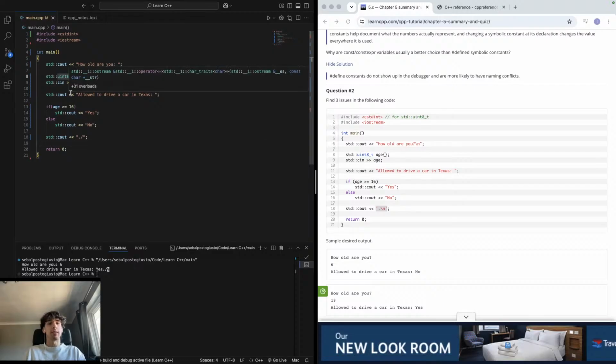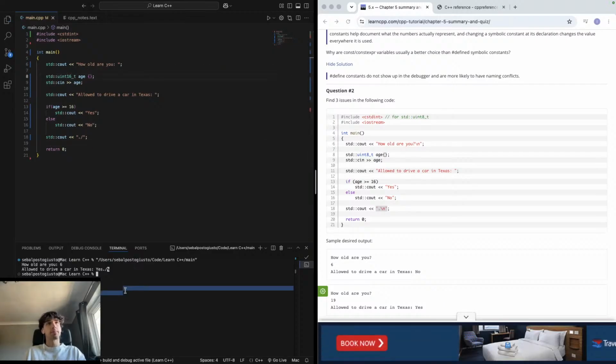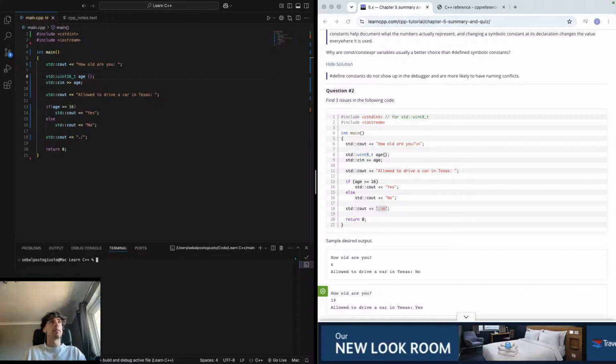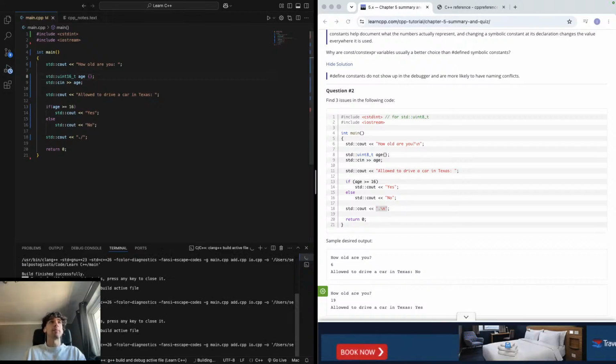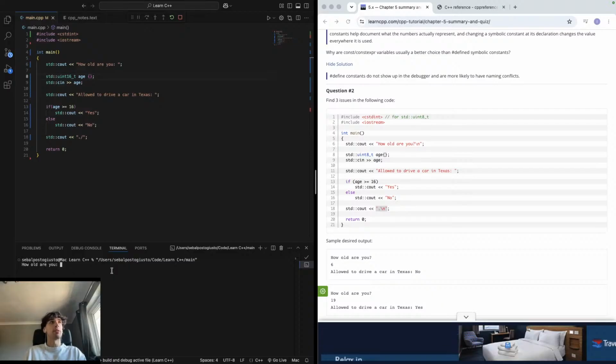So I think what if we did 16 there? For integer. So if we cleared, and then we ran, and then how old are you? 6. Are you allowed to drive a car in Texas? No. So the issue there was clearly, as I thought, potentially,